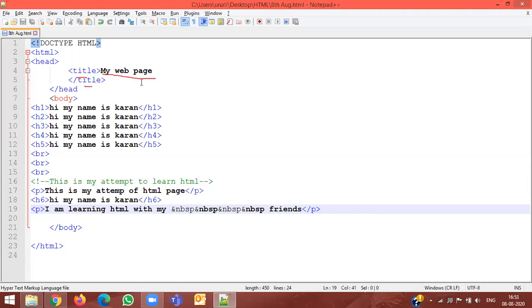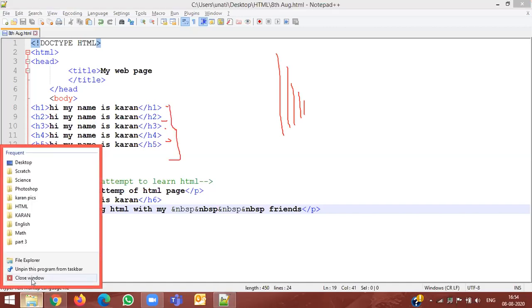And then we learned about different headings. Whenever you create a web page, if someone is reading it, he should know what the web page is all about. So we have different headings, H1, H2, H3, H4, H5. These numbers 1, 2, 3, 4, 5 signify the font size. 1 is the maximum size, then you have 2, then 3, 4, 5. So you will specify the font size over here with H1, H2, H3, H4, H5.